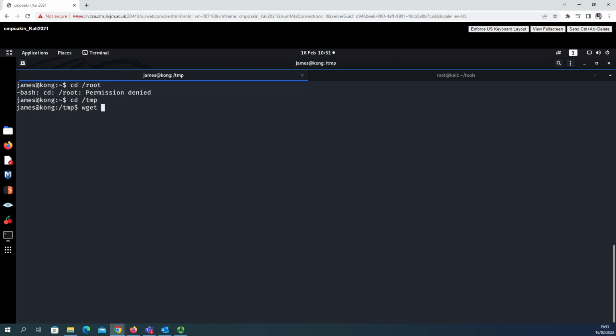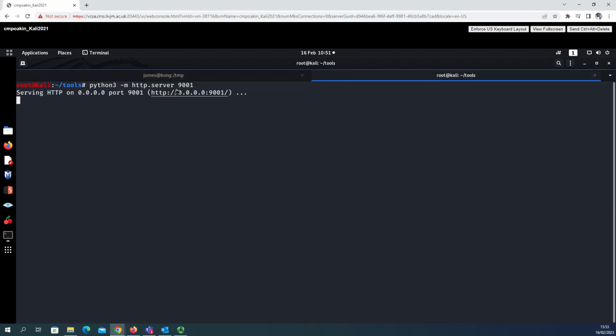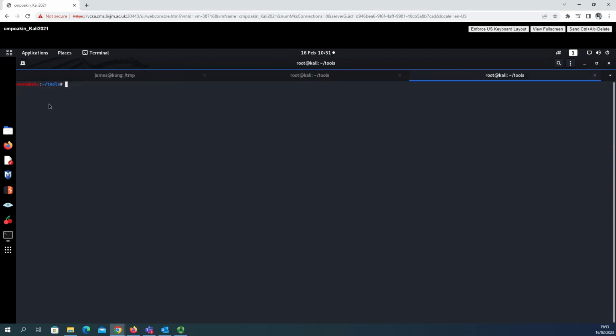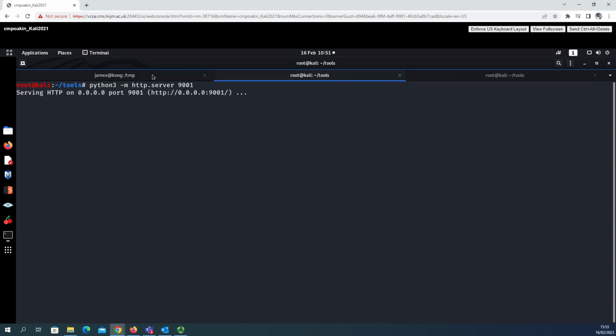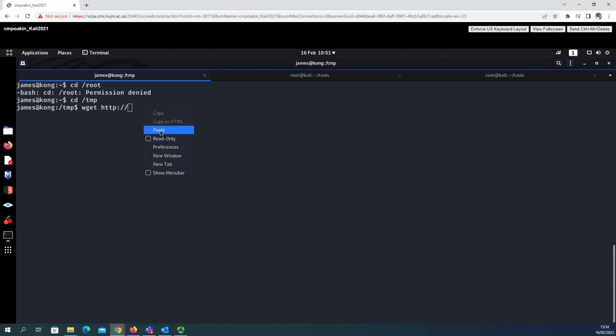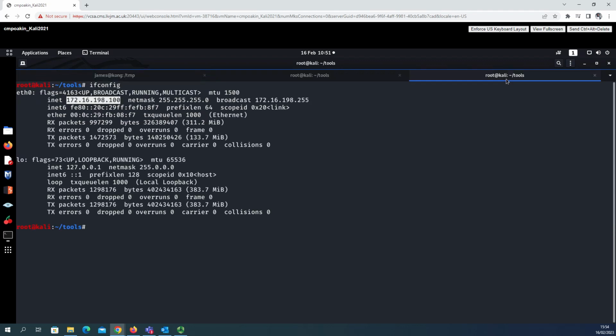I'll do a wget http:// and the IP address of my Kali machine. If you don't know what it is, just confirm it by doing an ifconfig and get the IP address. Remember, this Python server is running on port 9001. So on our Kong virtual machine, we do that, :9001, and then the name of the script that we want to